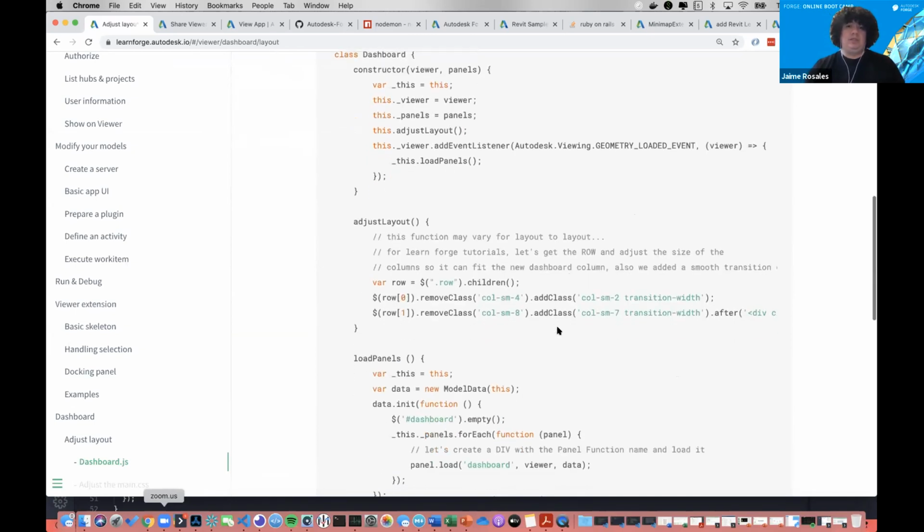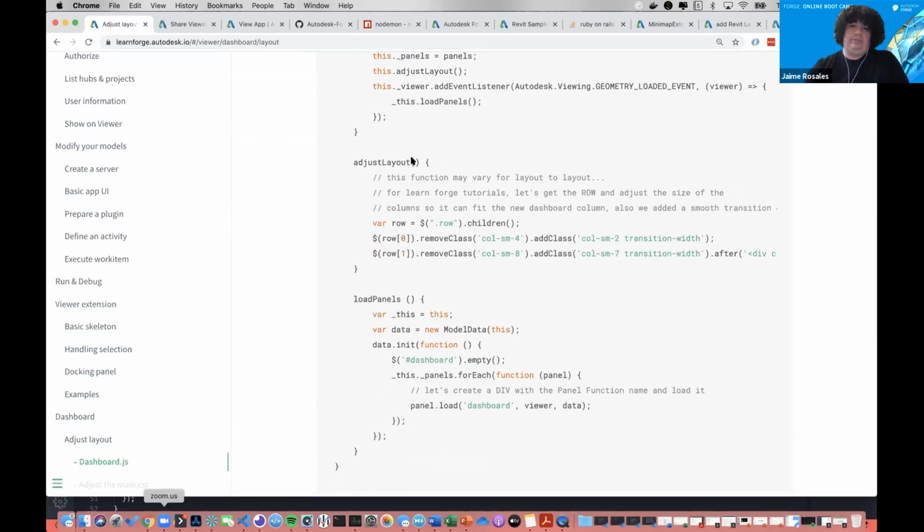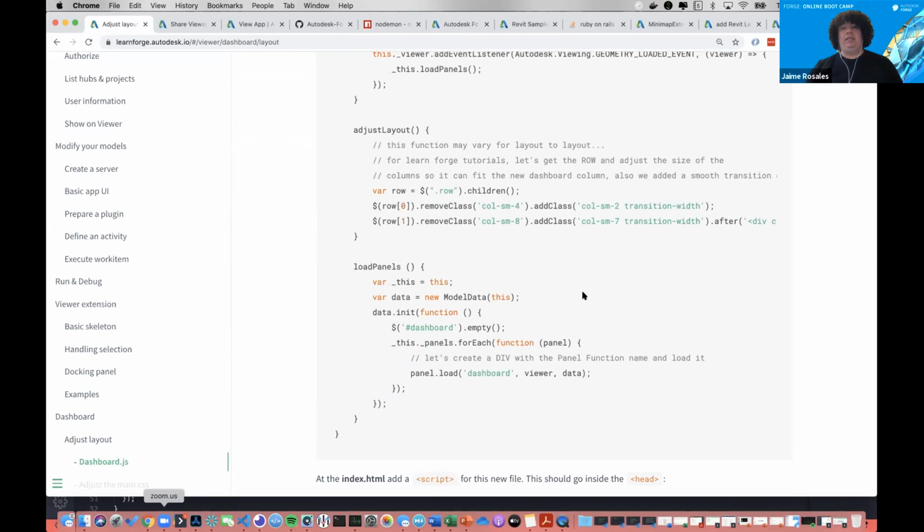Okay, and then we're going to create one for adjusting that layout. The function may vary from layout to layout, so basically we're going to be focusing on adjusting the rows. I have one, I think I did it. And then we will also create a smooth transition with a class that we will create inside of the main CSS, which we're going to call